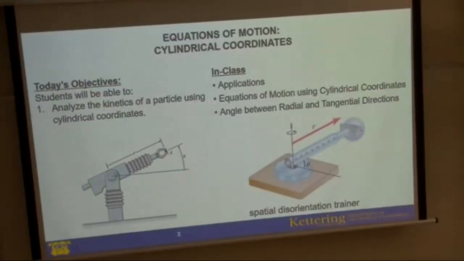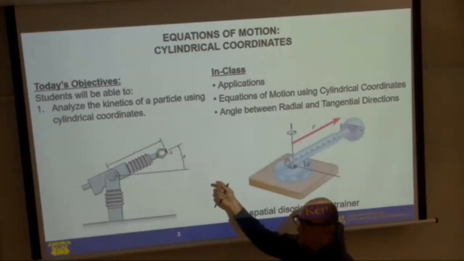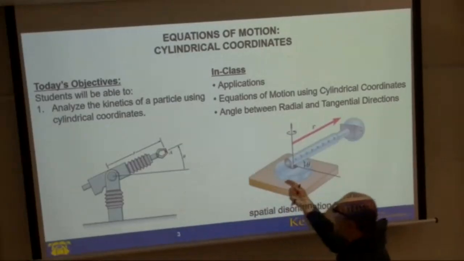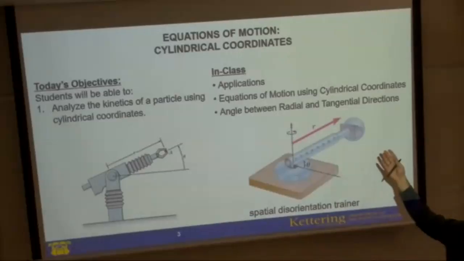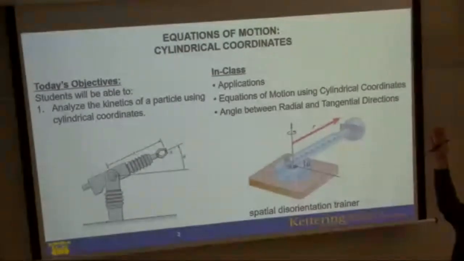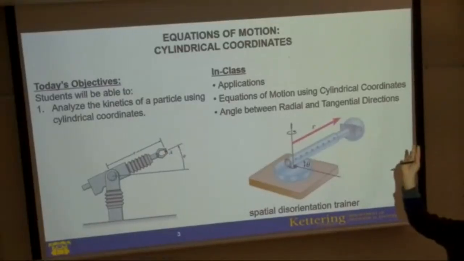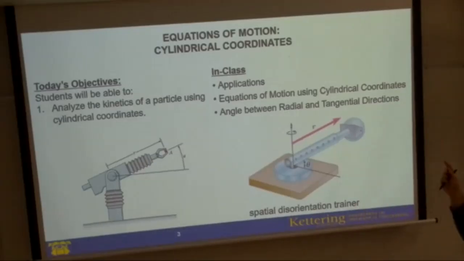The last part of the equation of motion is in the cylindrical coordinate system, the last coordinate. For this coordinate, we want to analyze the kinetics of the particle using cylindrical coordinates. You'll see some applications and how we can develop the equation of motion for a cylindrical coordinate system. And also, I will explain how to solve the problem and show you one angle between radial and tangential directions,